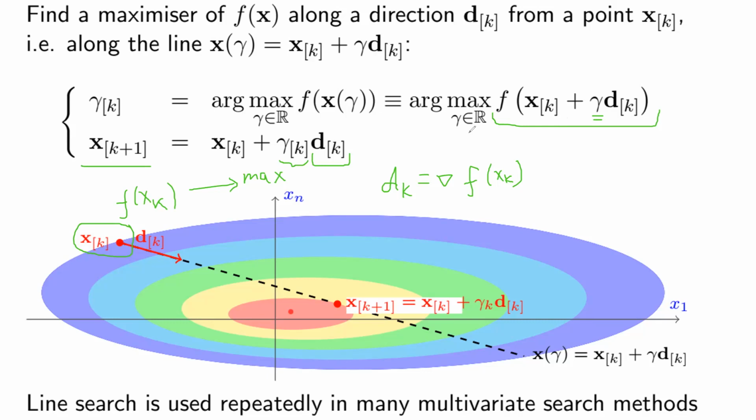Once we find such a gamma, we add it and we move to our new point, xk plus 1. Then we measure the gradient at that point, again find a new gamma, and move in that direction again into a new point, and we repeat the process until we find